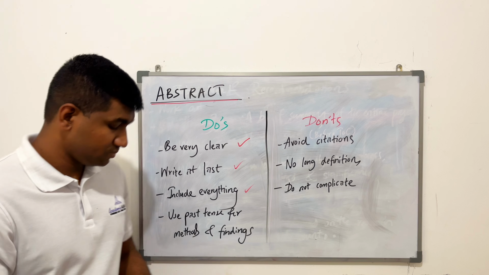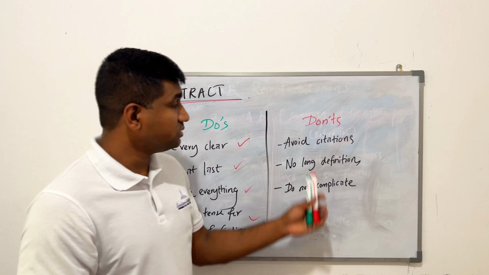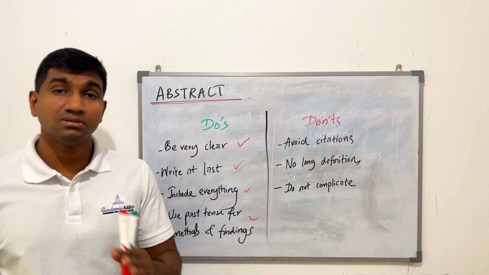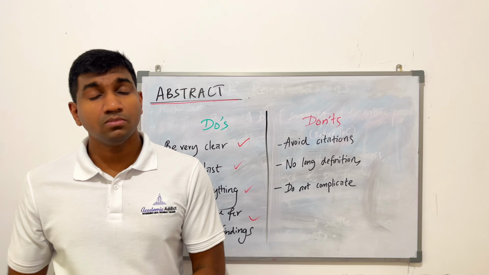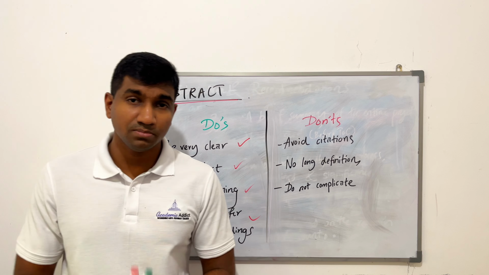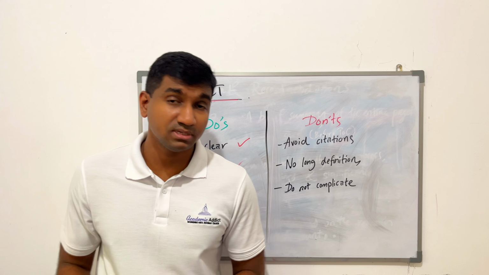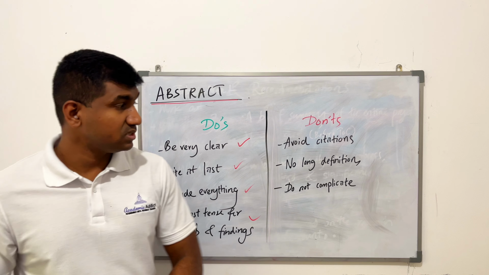What are the don'ts now? These are the do's that you need to follow. Don'ts: avoid citations. Now in the literature review we have given a lot of references, citations and all that, right? In this abstract you don't bring any citation. It's just simple words that you have to write. Okay, you don't have to cite anything under this abstract. So avoid